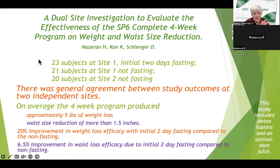Another talk looked at using the SP6 for 4 weeks, and looked at weight itself as an endpoint, weight and the circumference of your waist. When they say site 1 and site 2, they're talking about one scientist in one location, another scientist in another location. So one scientist did a total of 44 subjects, and